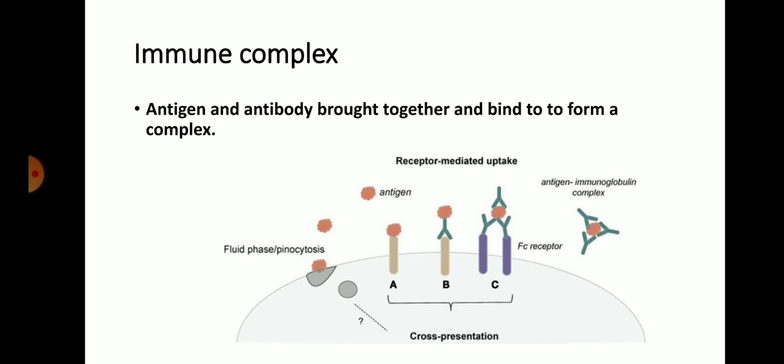These antibodies are specific for the antigen because the epitope of the antigen binds to the paratope of the antibody, and they form the immune complex. In this process you can see the cell membrane, in which the cell shows the phagocytic process. During phagocytosis, they degrade the antigen and this fragmented antigen is presented towards the